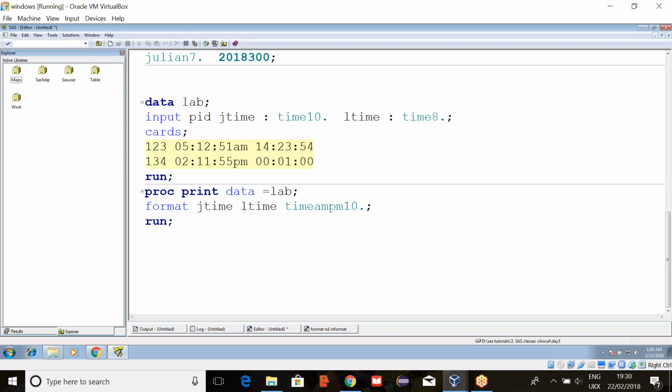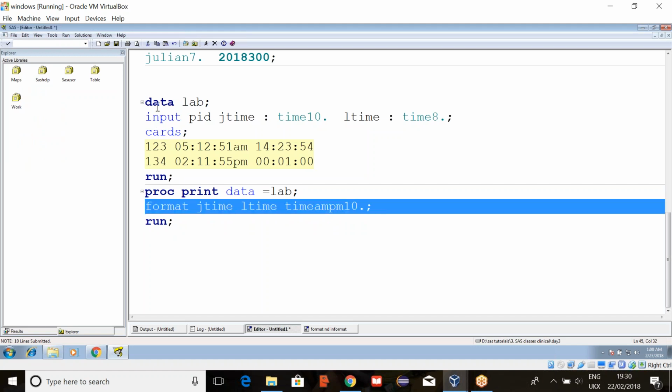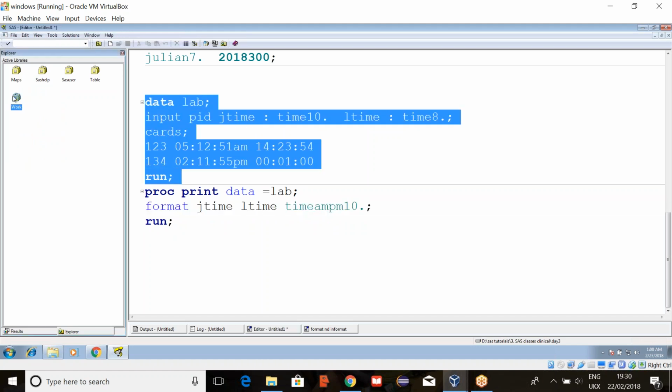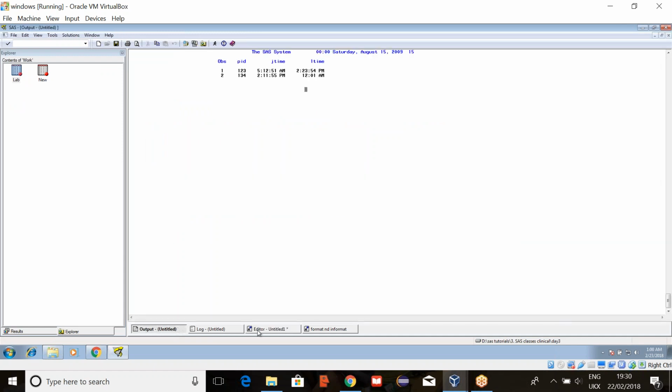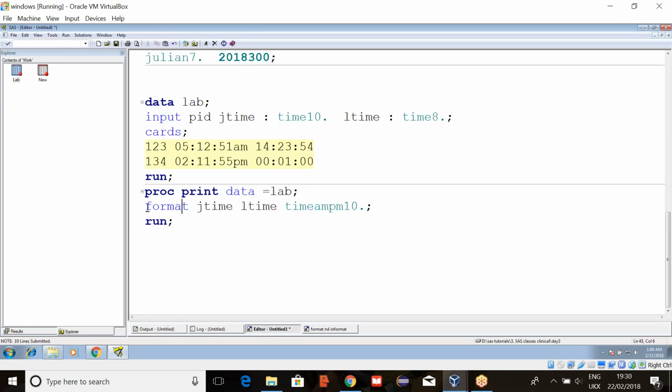A small logic is there here. If you are using it in a data step, that is for the data set purpose. If you are using it in a proc step, this is only for output purpose. The data set will not have it.